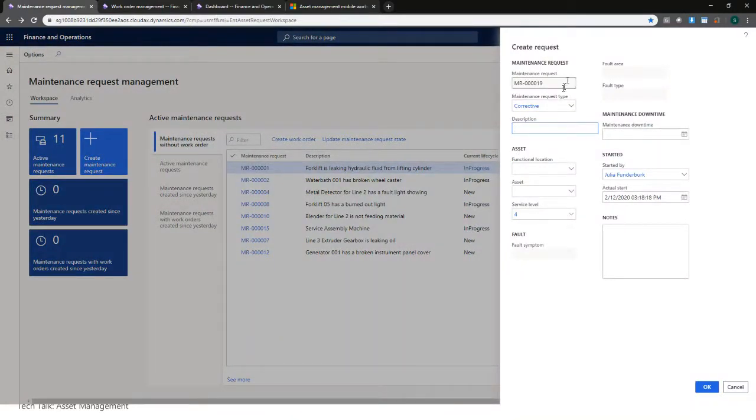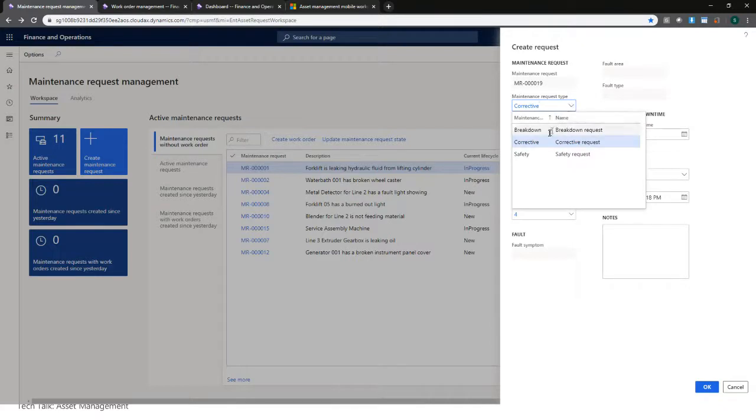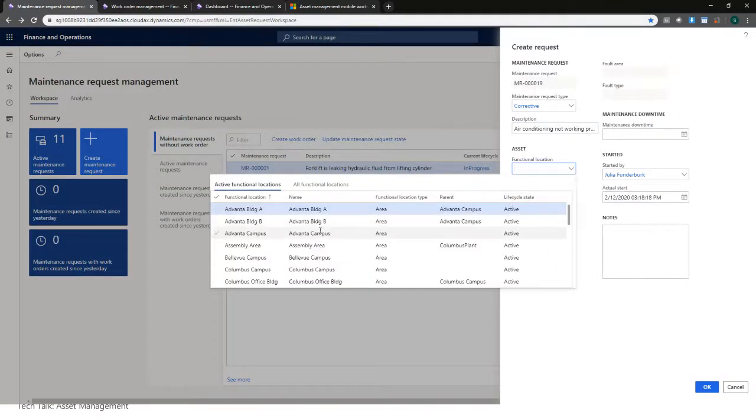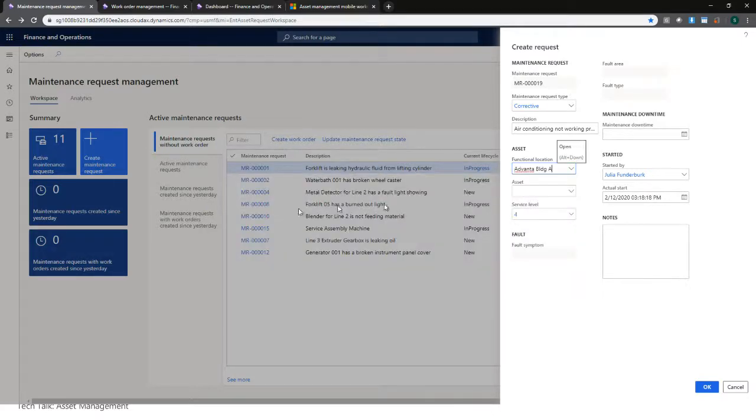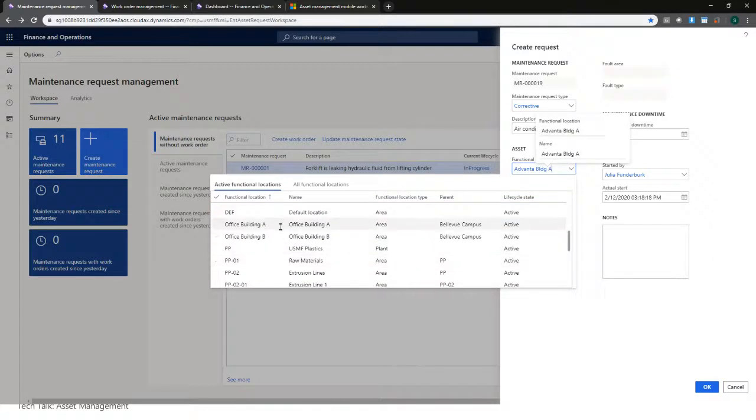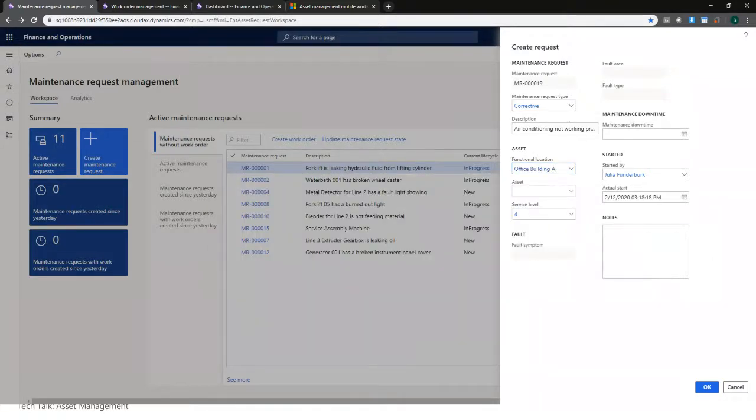I can basically say this is of type corrective. I need properly, and we can say where it is not working. So that would be my office building A, and the person creating the maintenance request could identify the asset, or